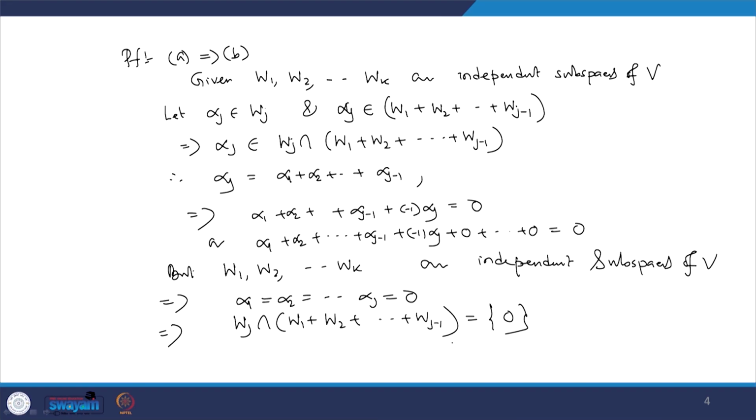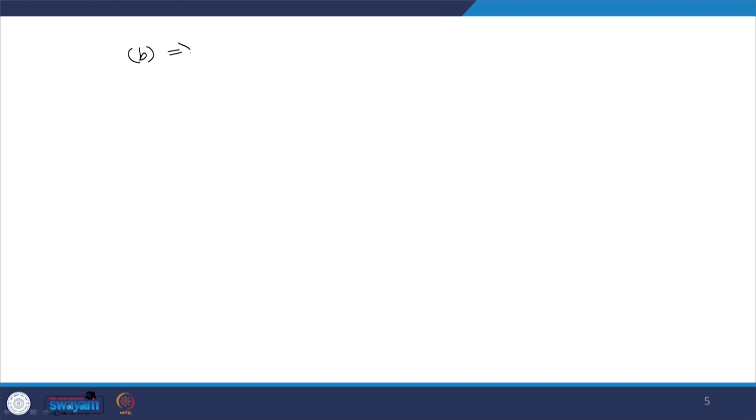So, we see that A implies B. Now, let us see B implies A. B implies A means, given that Wj intersection (W1 plus W2 plus ... plus Wj minus 1) equals the zero subspace. It is given to us. I have to prove that